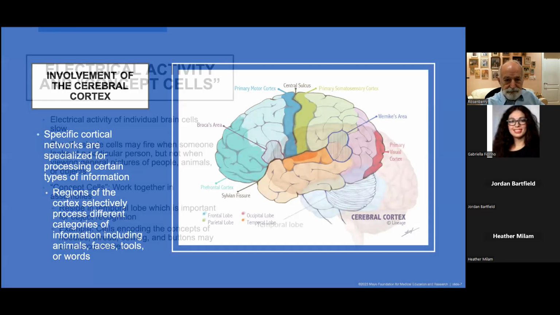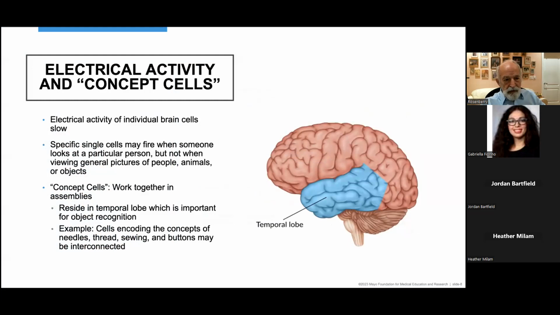Next, please. The electrical activity of individual brain cells is low, but single cells may fire when someone looks at a particular person, but not when viewing a general picture of people, animals, or objects. And that's because the single cell firing results in a cascade that is amplified throughout the brain. And if it doesn't quite match the people, animals, or objects that are stored under similar representations, it doesn't fire